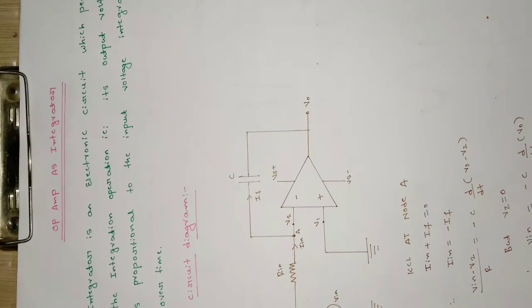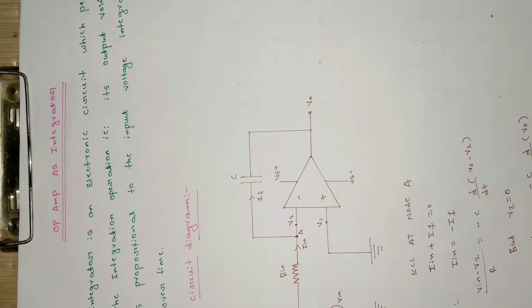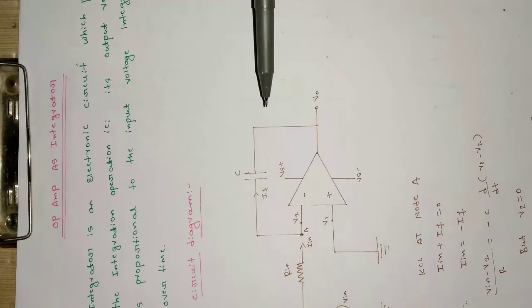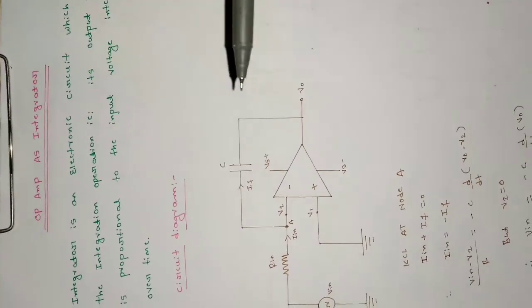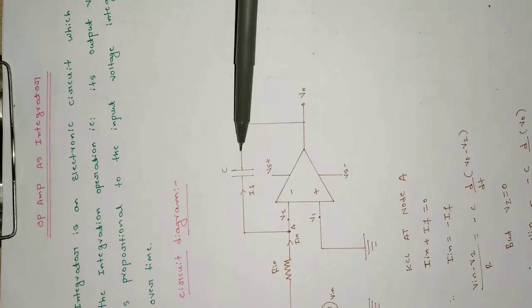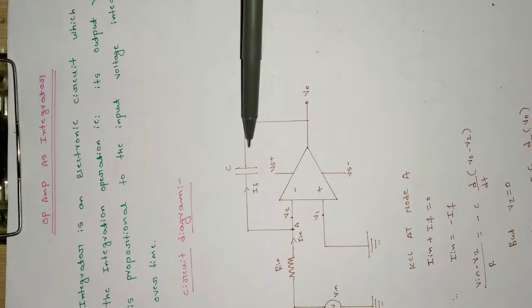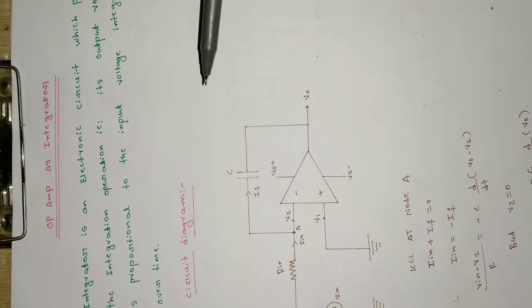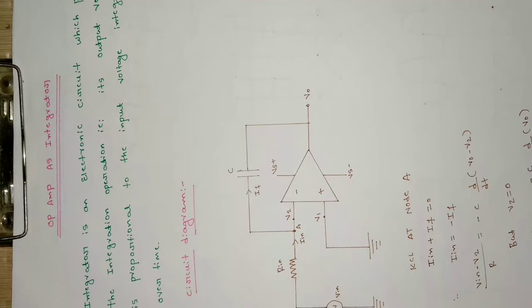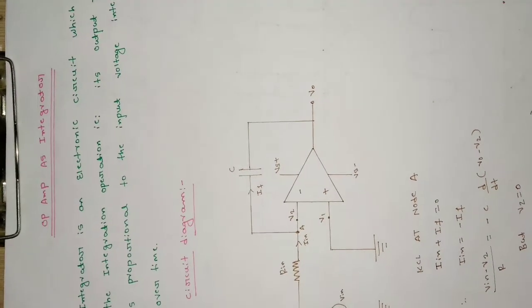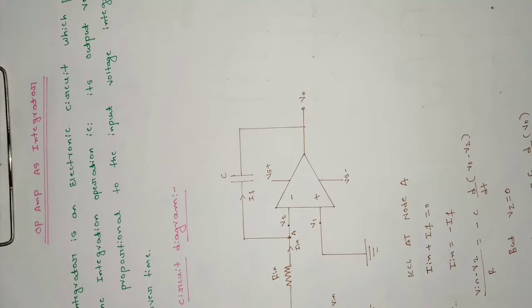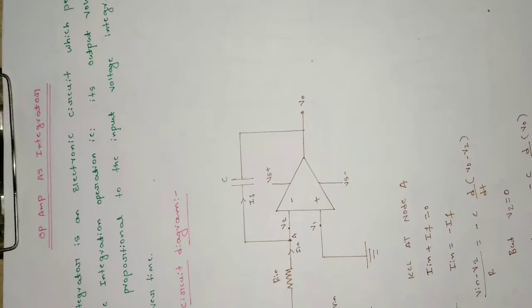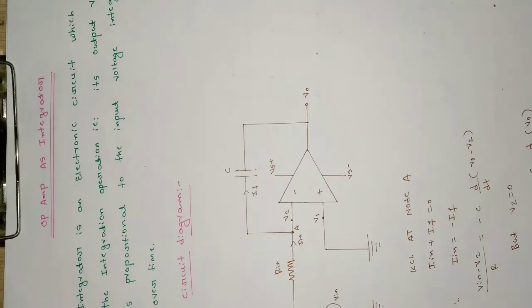Okay, so the circuit diagram for the op-amp as an integrator. It is the same as the inverting amplifier, or differential amplifier, but with some changes. We are only replacing the feedback resistor with a capacitor. You can replace it with any reactive element, that is an inductor, or you can use a capacitor also. In this case we have used a capacitor because, due to Lenz's law, an inductor creates a problem there. So it is better to use the capacitor, it will make our work simpler.